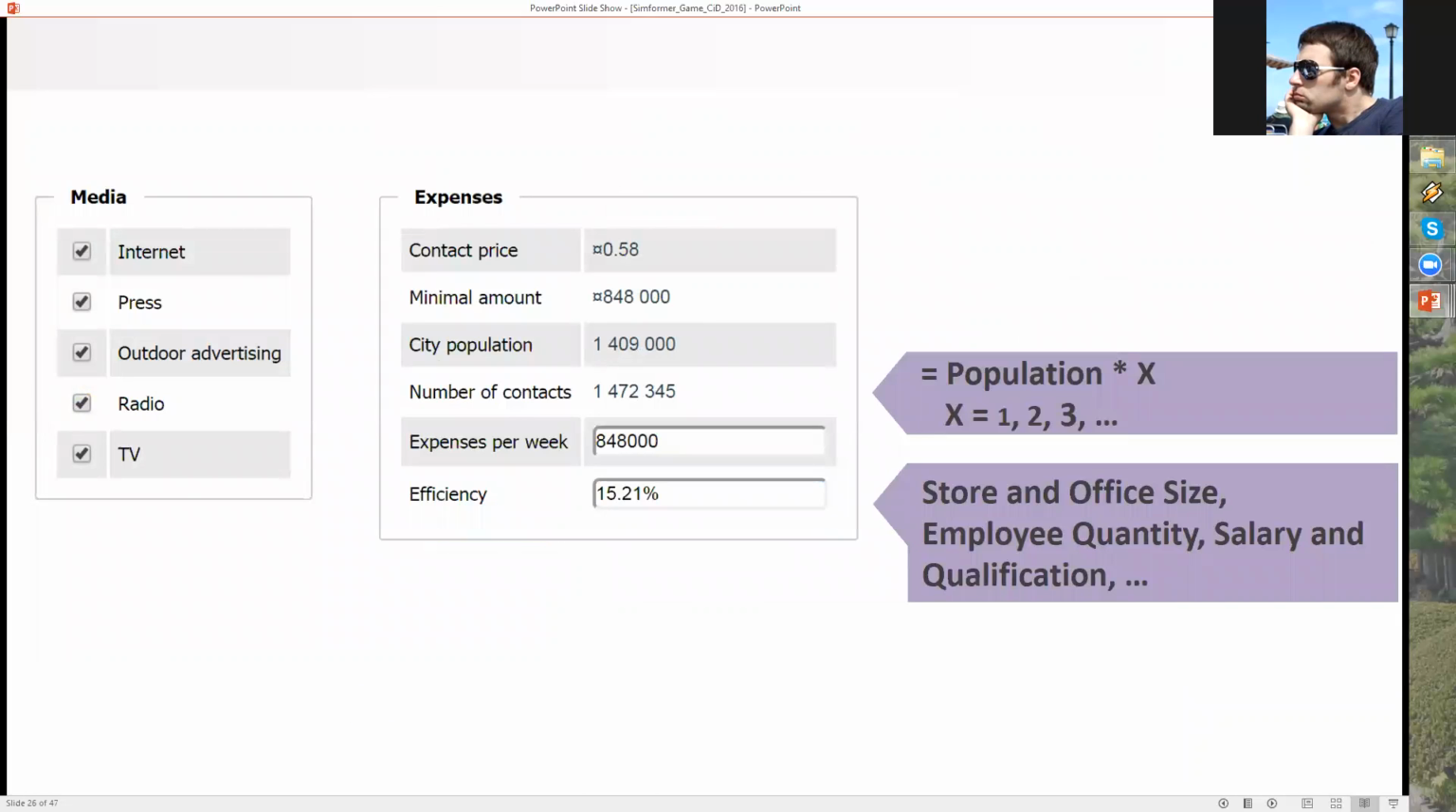And naturally the advertising, how the whole thing works, right? Pretty much clearly stating that three times covering the city population, three times with the number of contacts is more than enough. Going overboard is unnecessary. And don't forget that efficiency here is how you use money to attract or to generate contacts. But never forget the store as well as office size, employee quantity, salaries, and other things,